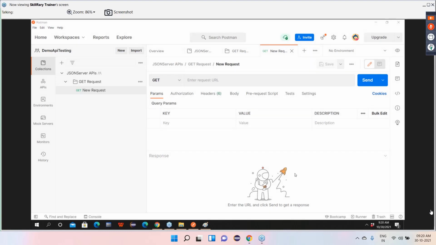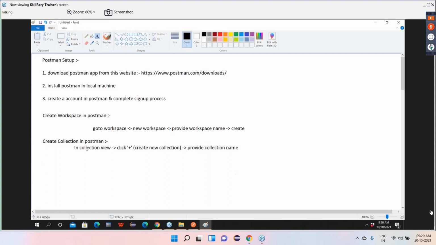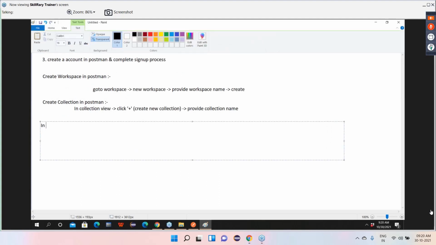Now, guys, what we need to do: create workspace, create collection, then in the collection, create new folder for better simplification.